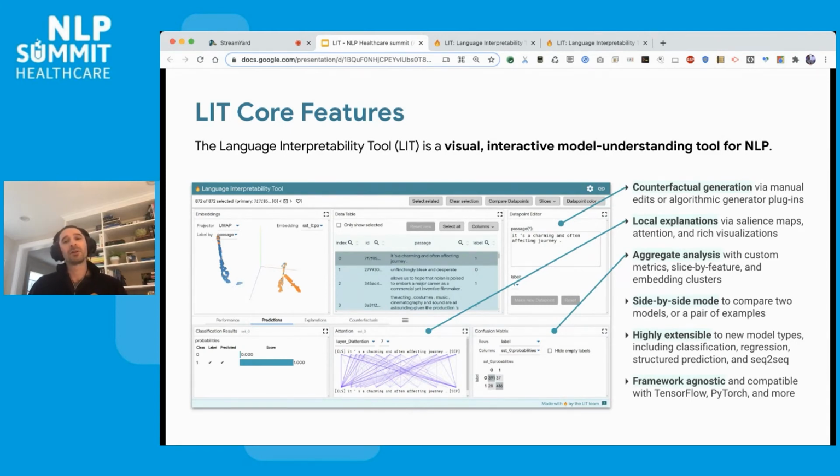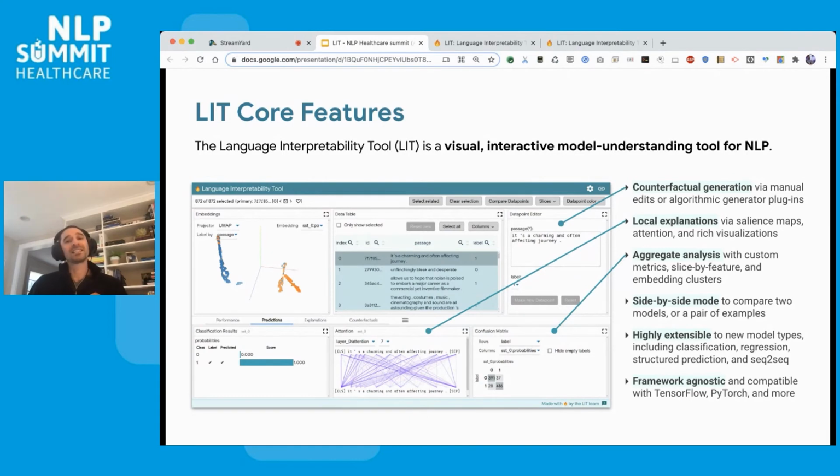An important thing we learned from the What-If Tool is side-by-side comparisons, both in two different dimensions. One is comparing two models side by side on the same data. So I might have a model in production and a new model I've trained that maybe I think might be more fair. I'd want to be able to compare them live and understand on what examples they're most different and why. Additionally, side-by-side comparison is important to compare two data points in a single model for things like counterfactual understanding. So if I take a sentence and change a word, I want to see not only what did that change in the final prediction, but what did that change in terms of token-wise importance and attention and everything else.